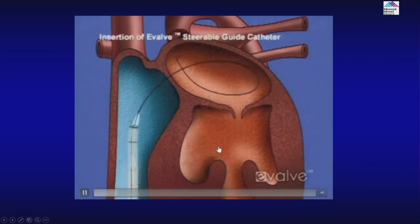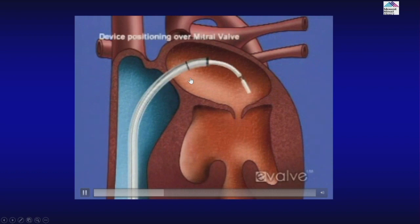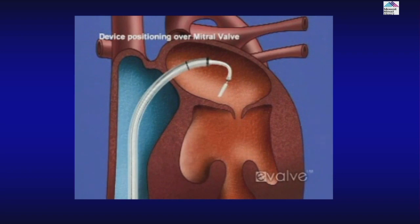It is a large sheath that will be going from the vein, and you do a transseptal procedure. You have to go from the right side to the left side. This is a sheath that will go into the left atrium, and this is, you see the clip. And this clip, the same thing, there are various knobs where you can go anterior, posterior, medial, lateral, and this,